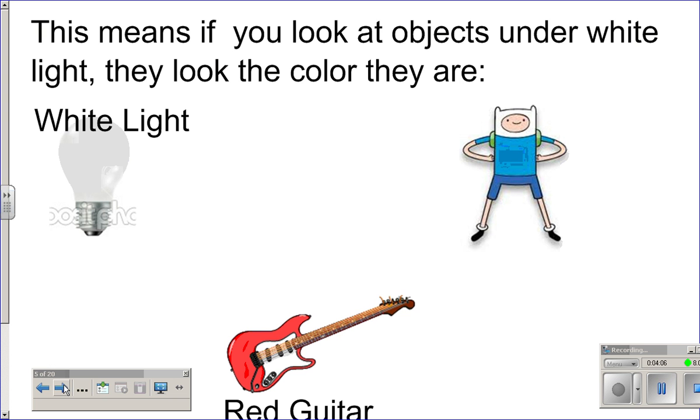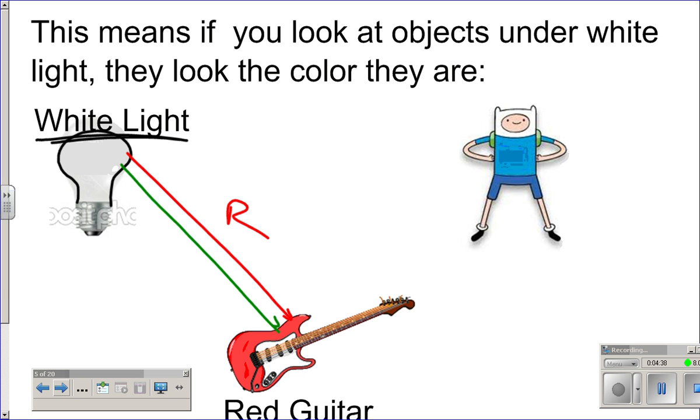So what this means is that if you look at an object under a white light, they look the color they are. So here we've got, you can't see it because it didn't translate well, but there's a little light bulb over here. So here we have a white light bulb. All right. Now, before we were talking about white light as being composed of red, orange, yellow, green, blue, indigo, and violet. Now, all we got to worry about is the primary colors. So the idea is this white light is composed of red, green,